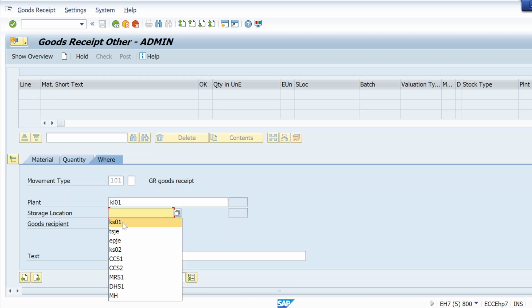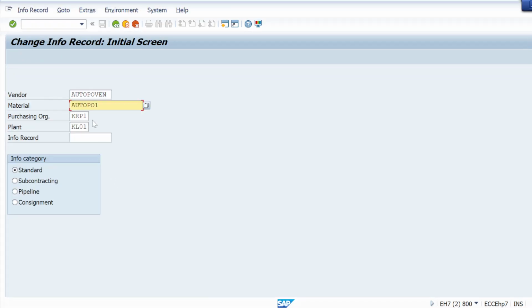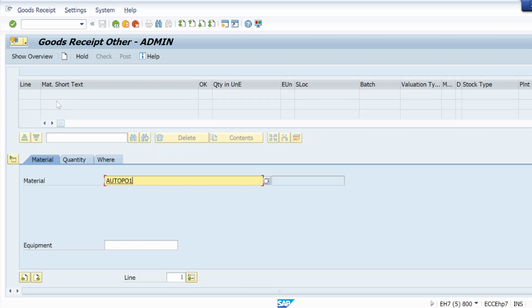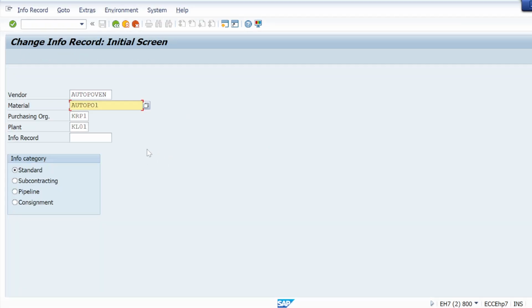So let me give plant, storage location, same screen, everything same. Material, let me give this material now, auto PO1. Hit enter. Partner, let me give my vendor here, same as in the S4 system.